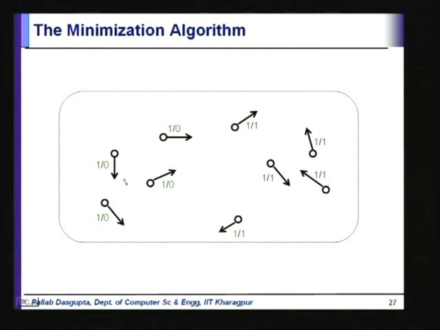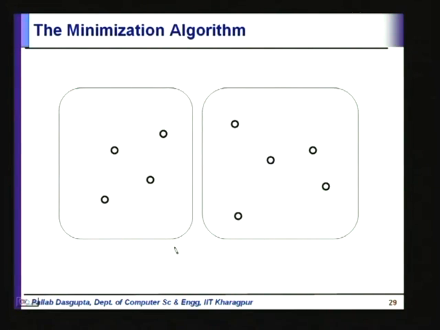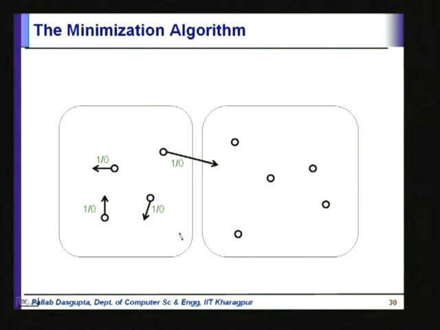Then we see that, let us say, for input 1, what are the outputs that they produce? So, these ones produce output 0, these ones produce output 1. So, what can we do? Partition it like this, right? Now, these are the 2 buckets. Now, look at this thing. On giving input 1, these states move to states within the same bucket. This state moves to a state within the other bucket. So, this state cannot be equivalent to these,